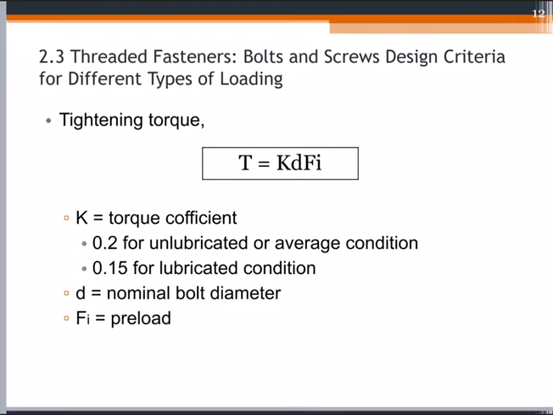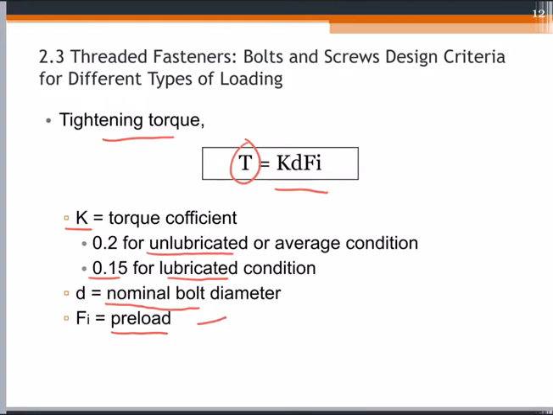Next, we can find the value of tightening torque T by using this formula, which is tightening torque is equal to K D Fi. K represents the torque coefficient, which we will use 0.2 if the thread is unlubricated, or we will use the value of torque coefficient K equal to 0.15 if the screw thread is lubricated. D is the nominal bolt diameter and Fi is the preload,